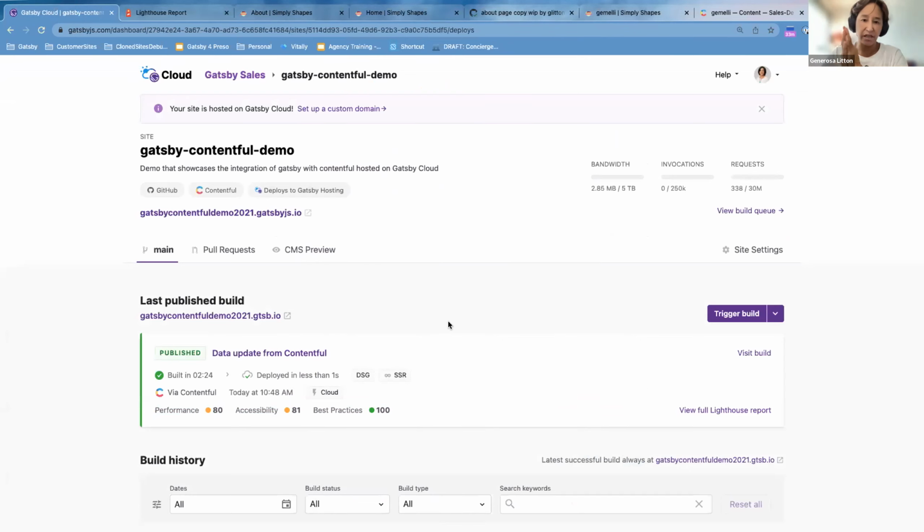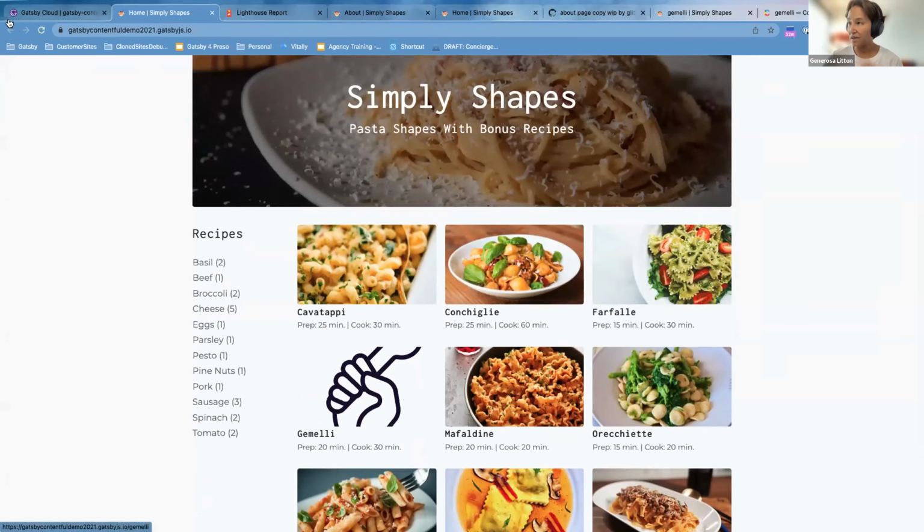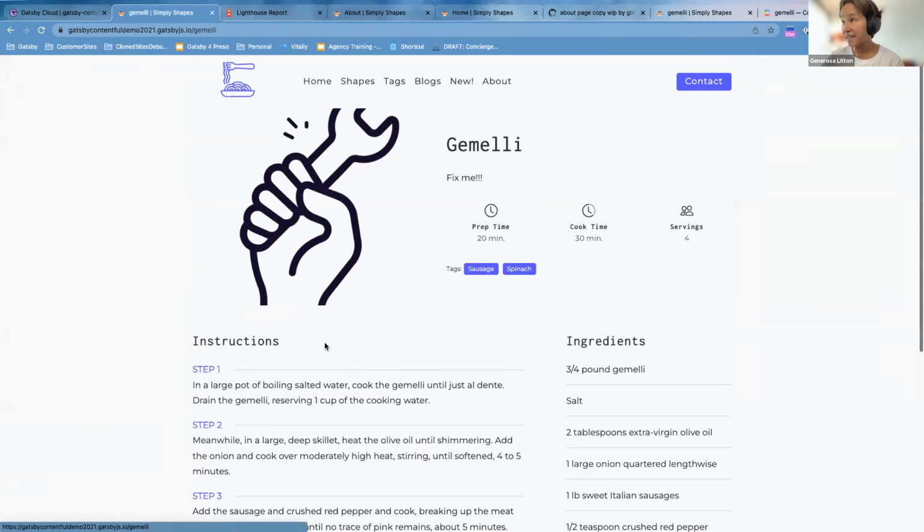Now I'm going to switch gears and go through the content creator workflow, where the content creator's main space or main tool of choice is their CMS. So the scenario here is that we have this site, but someone, we will not name names, accidentally published this content, which, as you can see, isn't ready for publishing. So you, as the content creator, in the past would probably have to open a ticket, get someone to make changes, but Gatsby saves the day because you can work directly in your CMS.